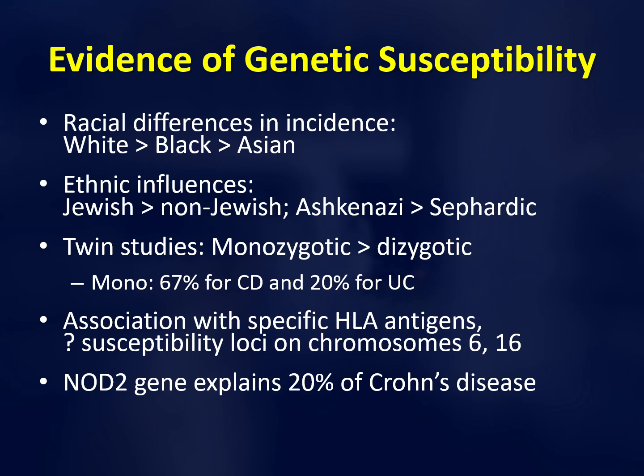The most illustrative example for a genetic susceptibility is the presence of NOD2 gene mutations. The NOD2 gene mutations are only present in 20% of Crohn's disease patients. But what do